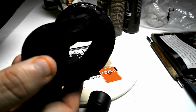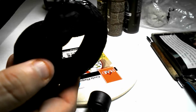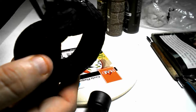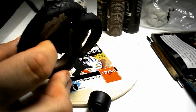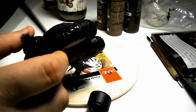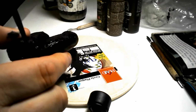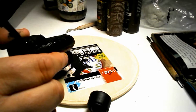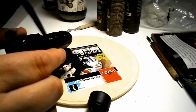You don't want to just slop it on there because you might end up filling in the grooves to such a point where you can't even see the scales that you just worked so hard putting in place. See, like right up there around the lip. Got another one right here. I just dab this in and try to